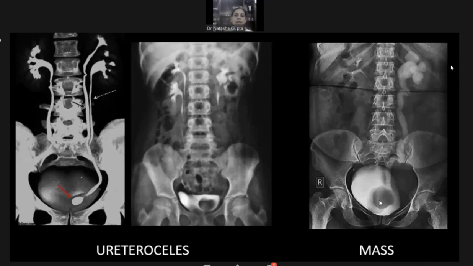And secondly, the ureter would be normally positioned, not displaced like this or the bladder indented here. So ureterocele, we straight away rule out this morphology, this configuration doesn't fit with a ureterocele at all. But it is important that if you find a smooth filling defect in the bladder, then you must rule out the ureterocele. Now, why I kept this case here is, as I told you, that if it is a simple ureterocele which is normally located, then if there is contrast in the ureter and the bladder, there would be contrast in the ureterocele as well.